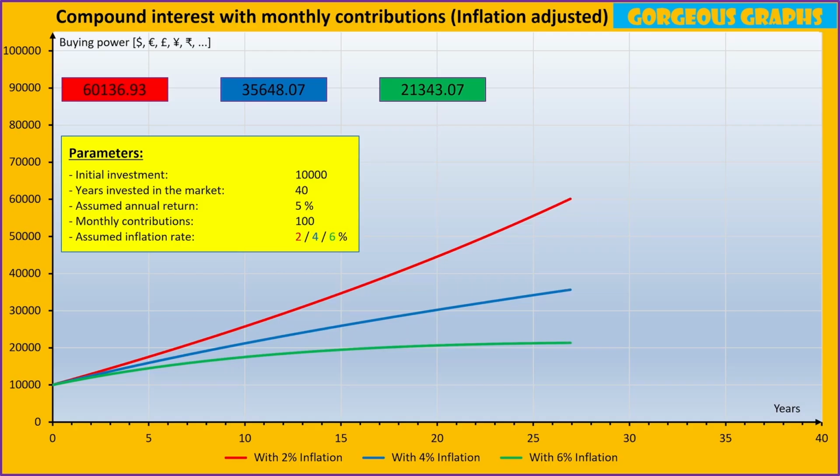It's important to notice that the nominal account balances in such a scenario would appear far higher without adjusting for inflation. But once the erosion of buying power is accounted for, the real-world outcome can be far less impressive. This example shows that when returns are modest, inflation plays an even bigger role in determining how much wealth you